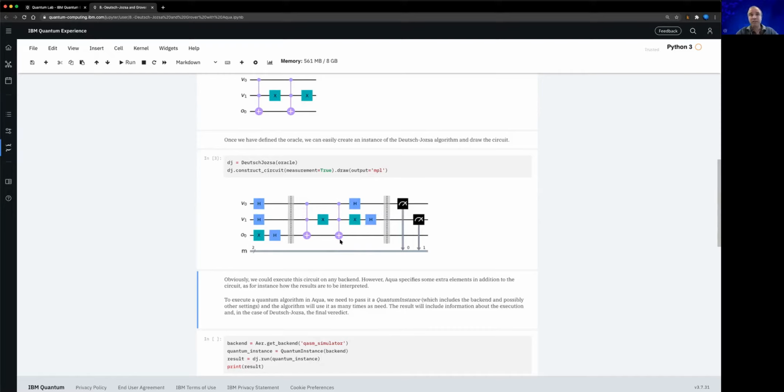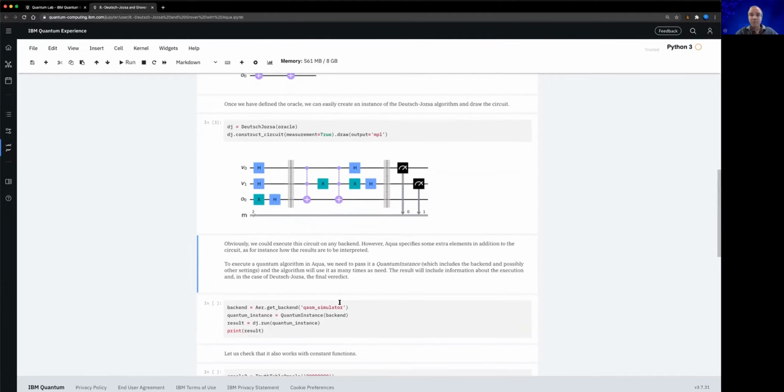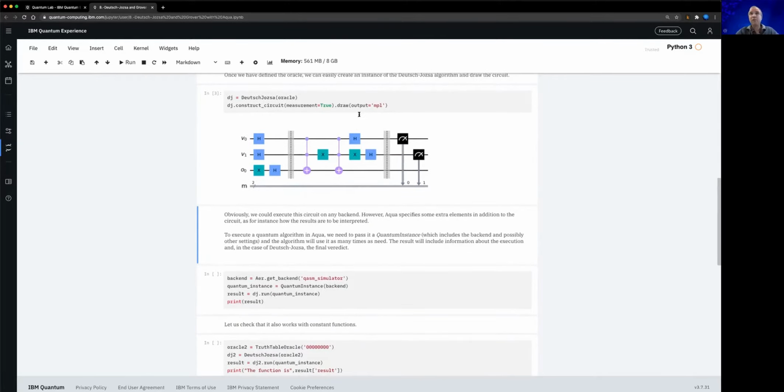Okay, and you see that this is exactly the same kind of circuit that we were using last week, but in that case, we were implementing all the different gates one by one. Now, to run this algorithm, of course, I could just simply take this circuit and run it as we always do. But when algorithms are defined in Aqua, they also provide some context for